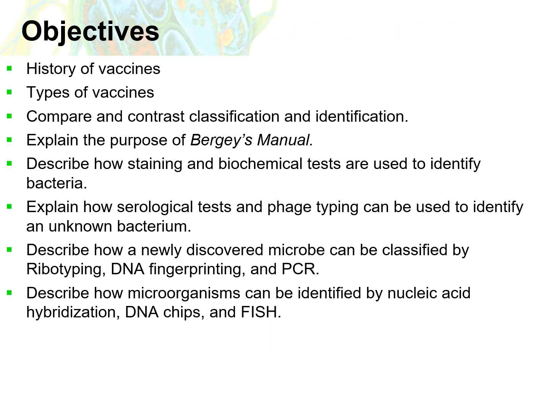So in this chapter, we are going to talk about the history of vaccines, why vaccines are important, what started the whole anti-vax movement, and different types of vaccines as far as how they are made. Then we'll move on and talk about the difference between classification and identification. We'll talk about Bergey's manual, and finally we'll talk about different lab techniques that can be used to identify a